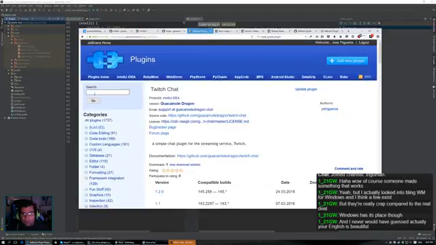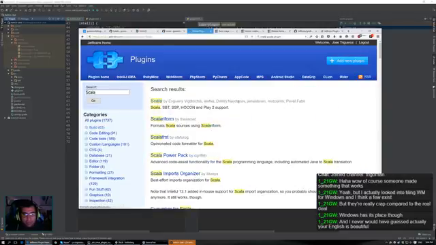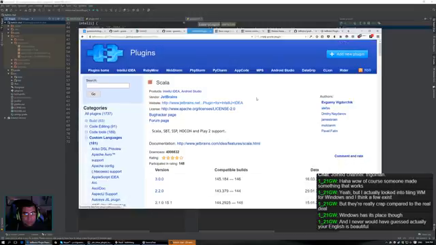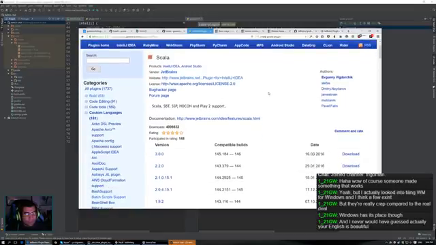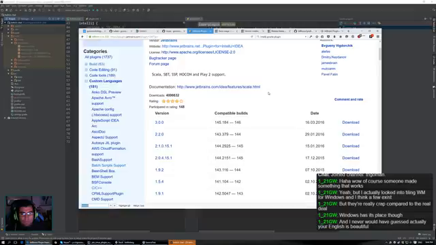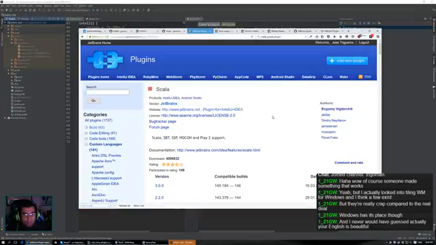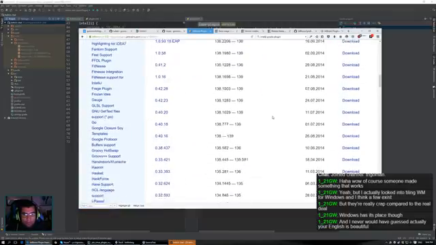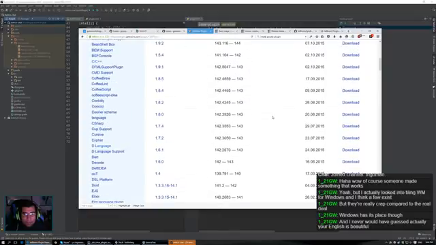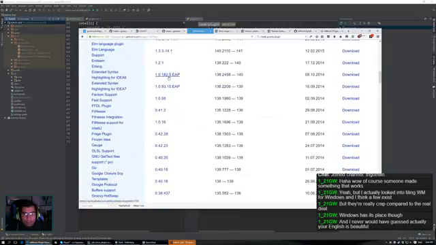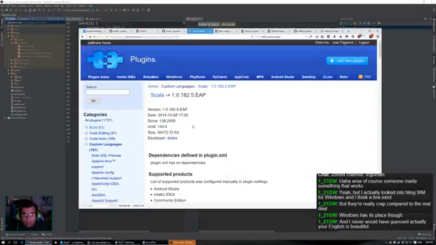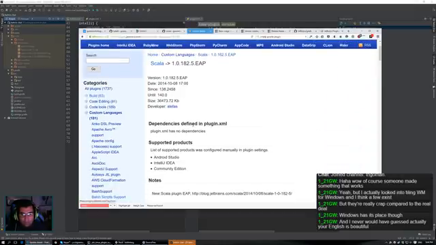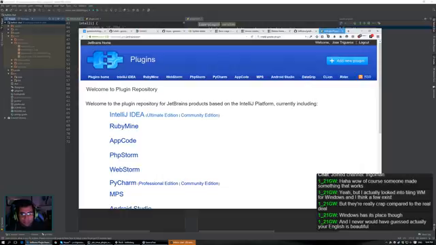I mean, okay, so if we look for a Scala plugin here, right? Let's look for Scala. Do they have different channels? Okay, so there's an EAP version here, okay? So... Well, I don't know then. I don't know what the channels mean. I thought that maybe they could be like nightly versus